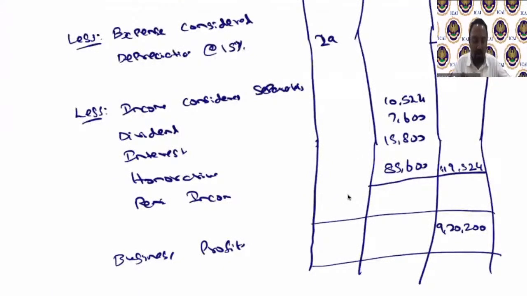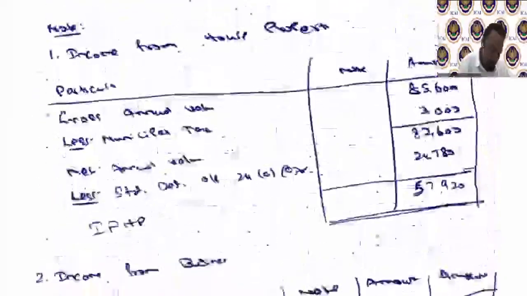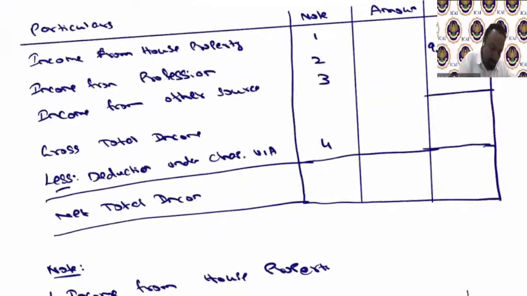You can write a separate note as such. So these three things only will be considered as IFOS. For the time being, for working purposes, I'll just add it here itself. So whatever it is will be your income, that is 10,524 plus 7,600 plus 15,800. Otherwise you need to separately work out an annexure, so you'll have to put a note 2 and write